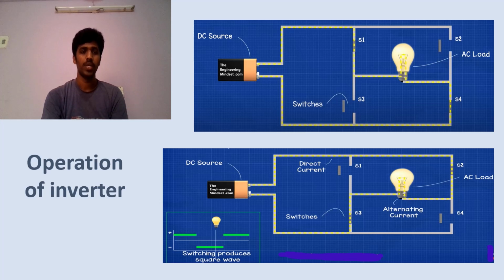Let's get into the operation of the inverter. In the first figure, you can observe the inverter consists of a DC source which is applied to an AC load. At first, the switches S1 and S4 will be on, hence the current will flow from left to right. Whereas in the second figure, the switches S2 and S3 will be on and S1 and S4 will be open. This makes the current flow from right to left. This results in the formation of a square wave AC output. But this square wave consists of sharp edges which can affect the switches.